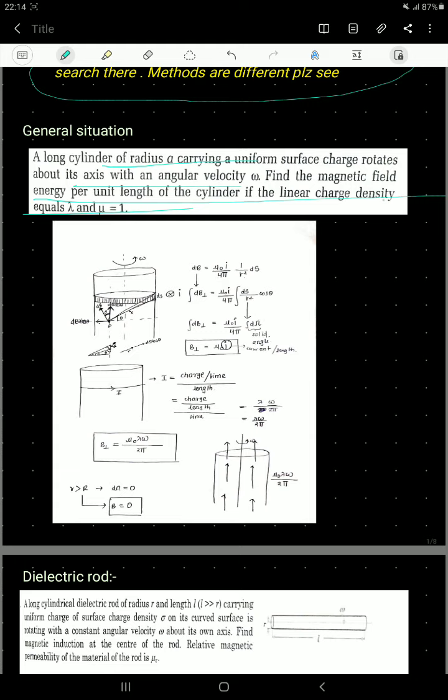So here I will prove this by using the concept of solid angle. Here you see the figure. I am considering a point P at any general location inside a cylinder, and by using Biot-Savart law, since it is rotating, this part of the cylinder will have a velocity v equal to r omega inside the plane. So the positive charge present on this elementary ring of the cylinder would tend to move inside. The direction of movement of positive charge gives us the current, so the current is inside the plane as shown in the figure.